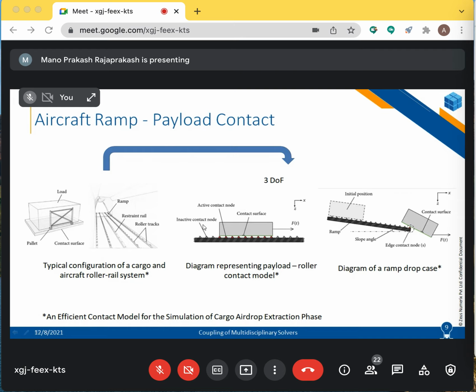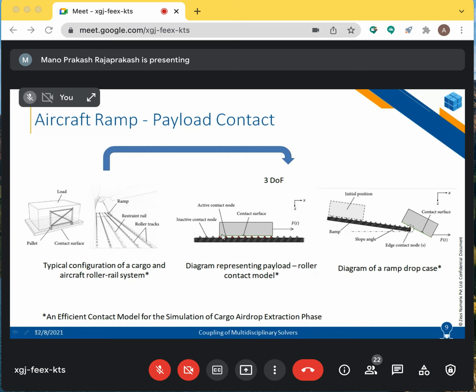So you can see here that say there are n number of nodes placed on the ramp. The ones highlighted in red are the contact nodes, which means these are the nodes that are currently experiencing some tension, the nodes that are in touch with both the payload and the ramp. Each and every node represented here is treated as a massless spring damper system. I'll explain the spring damper system in the next slide.